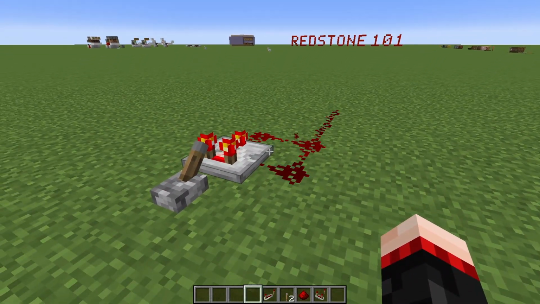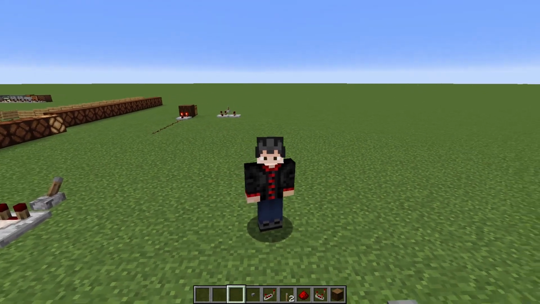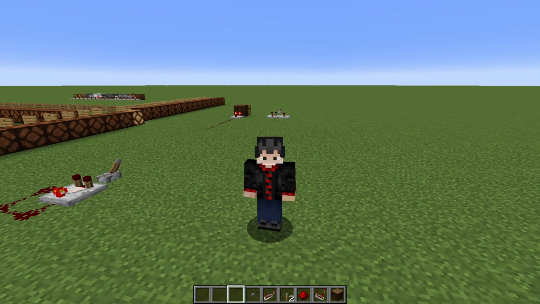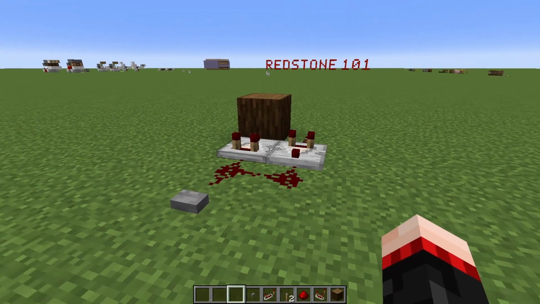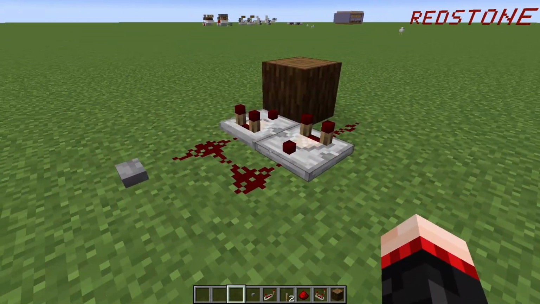That's essentially how that is working. So the next one we're going to look at is a bit of a pulse extender, and I've not really talked about those on this channel yet, and it might be something that I delve into later on. But essentially what a pulse extender does is it basically takes the pulse that's going from a redstone circuit and